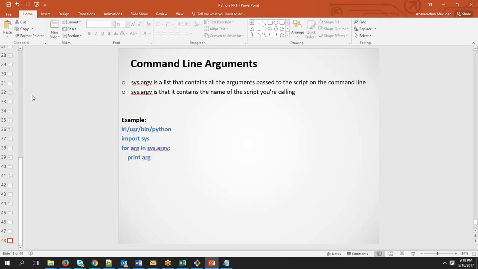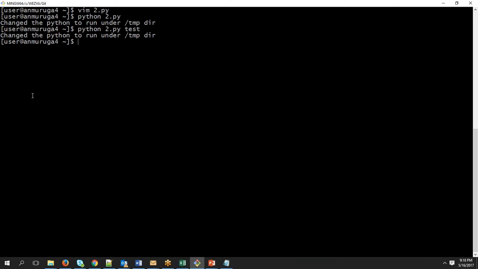Okay, and then the sys.argv will contain all the arguments that you're passing, and along with it, it will also be storing the name of the file which we are trying to call. So simply to understand this, now